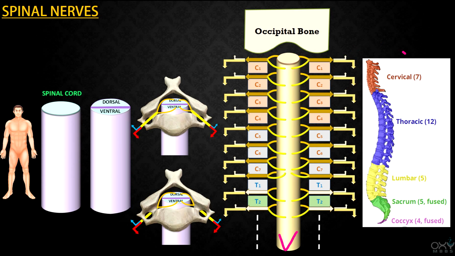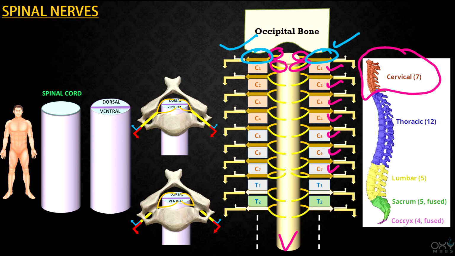Now in the neck region there are 7 cervical vertebrae. This is 1, 2, 3, 4, 5, 6 and 7. And now as you know, these are the ventral roots and these are the dorsal roots, and together they form a spinal nerve. This is one spinal nerve and this is the second spinal nerve on both sides, and the spinal nerve divides into one ventral ramus and one dorsal ramus. Ventral ramus and dorsal ramus, and this is our first cervical vertebra, as you can see clearly in this picture.